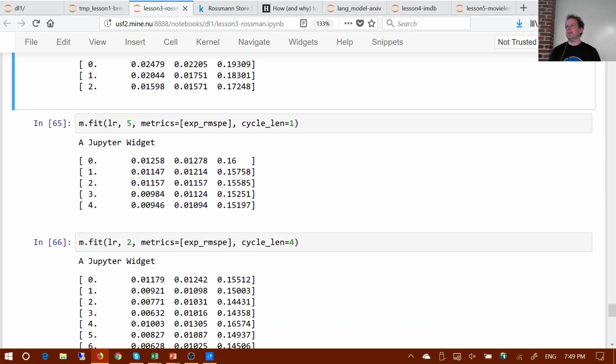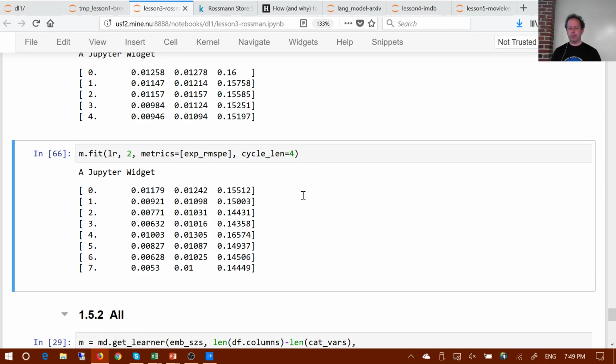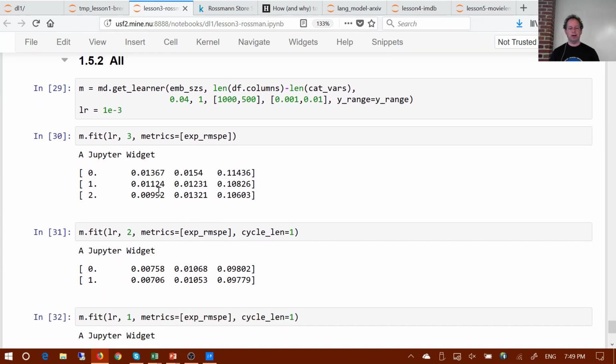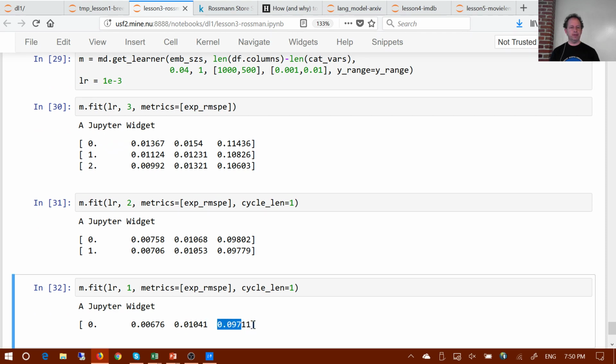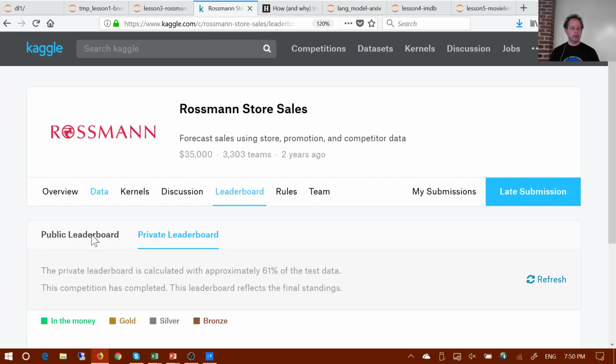We've got some benefits that the original people that built this don't have. Specifically, we've got things like stochastic gradient descent with restarts. And so it's actually interesting to have a look and compare. Although our validation set isn't identical to the test set, it's very similar. It's a 2-week period that is at the end of the training data. So our numbers should be similar. And if we look at what we get, 0.097, and compare that to the public leaderboard,